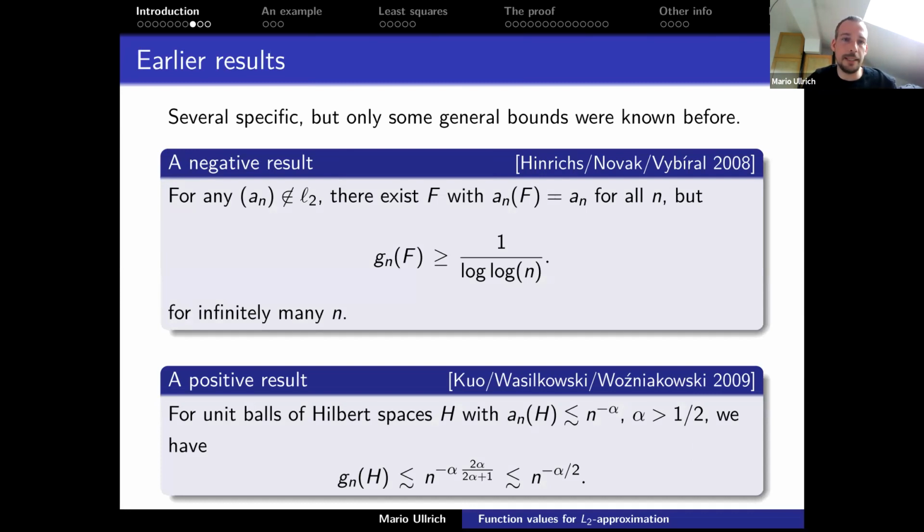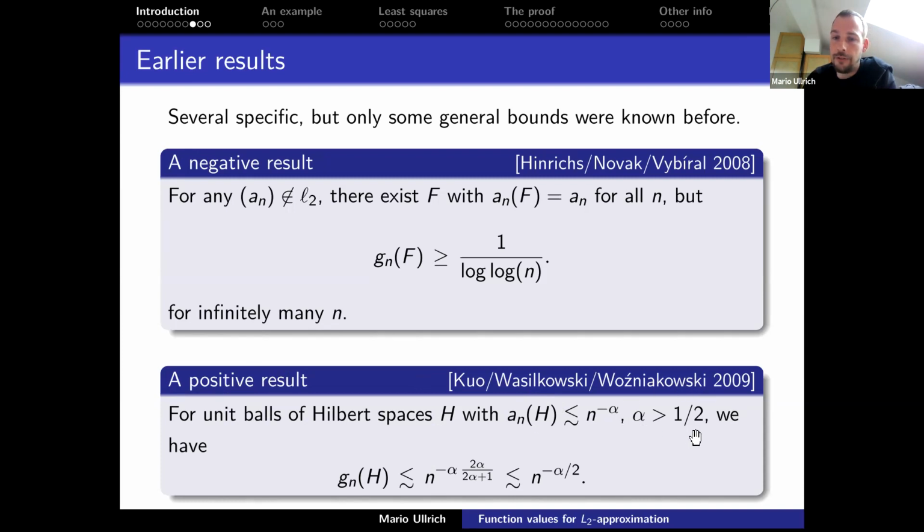All the results I'm presenting are basically for all classes, or at least for a large class of spaces. These are the only results known in these cases before David Krieg and I improved this result, the second one. So the early results are as follows. If the approximation numbers have a certain decay, let me start with the second one, if they decay like n to the minus alpha for some alpha